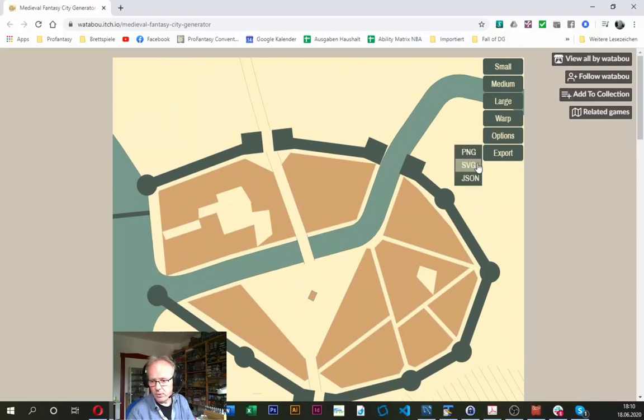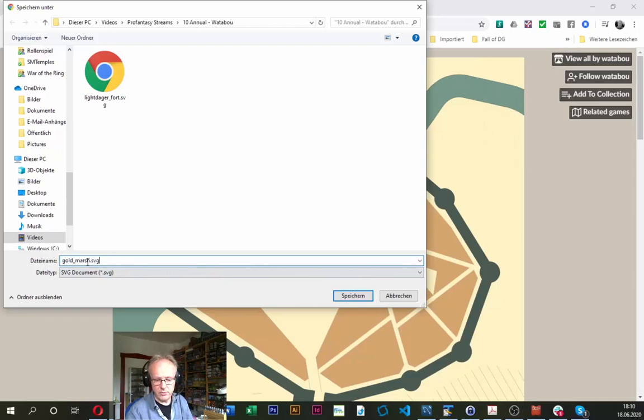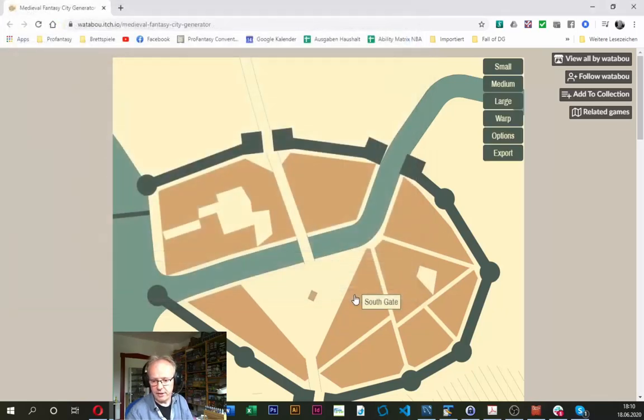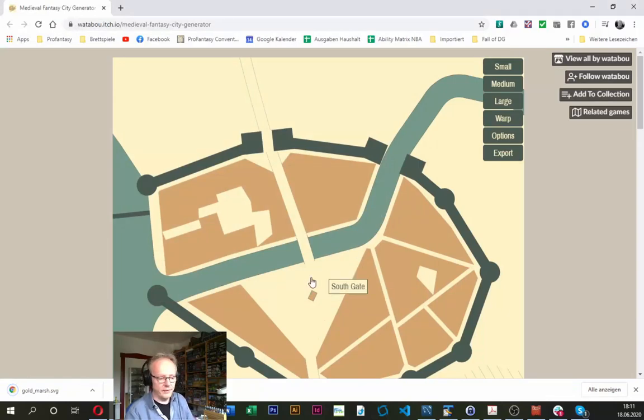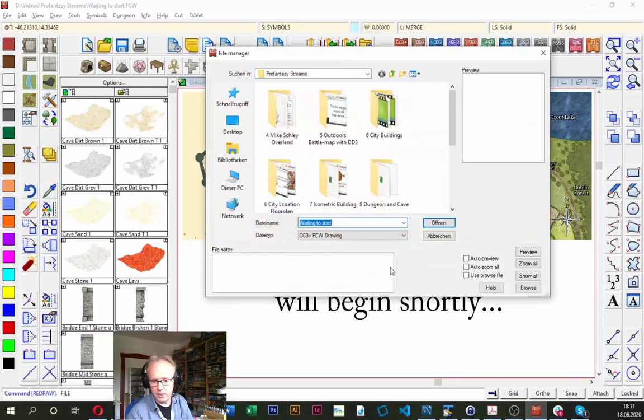And we are now going to export this as an SVG file. The random generator has given the city the title Gold Marsh, which sounds quite nice, so we'll leave it. I'm just going to save the file here. Okay, we've got an SVG file, but Campaign Cartographer can't open that. If I click the open button up here on the file toolbar and see what file types I can open, I can open the Campaign Cartographer formats for templates and symbols and so on, old CC-DOS files, and AutoCAD